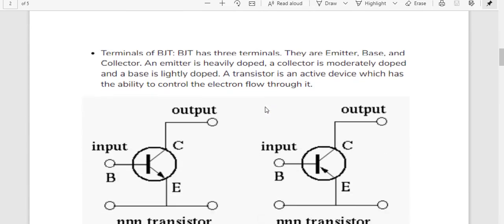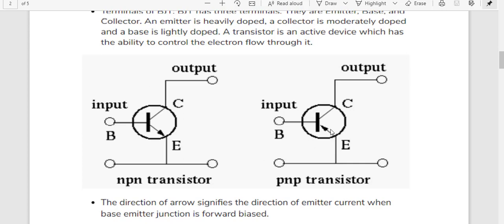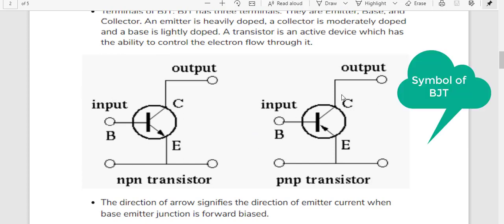Now come to the next topic, that is the connection diagram of BJT. By seeing this connection or symbol, which is basically the symbol of BJT, you can say whether it is an NPN transistor or a PNP transistor. How is it possible? See, here this is the collector terminal, this is the emitter and this is the base, and always one arrow is provided on the emitter terminal to represent its current direction. That means the direction in which current will pass is shown on the emitter terminal, and always one arrow will be present on the emitter terminal.